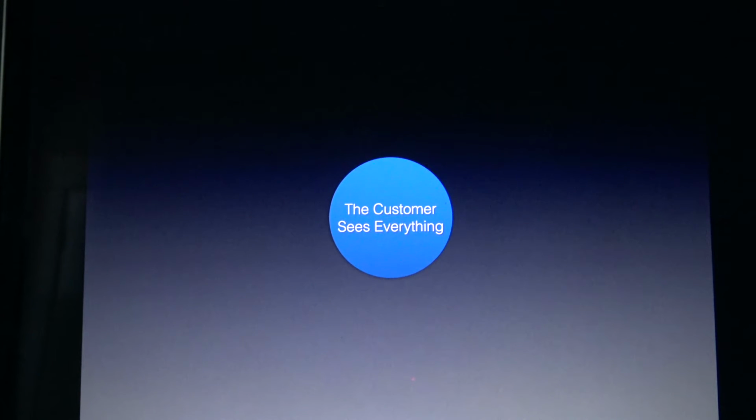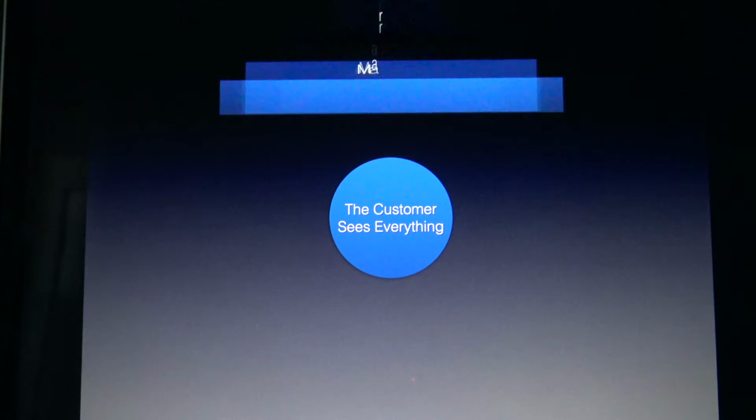As a business person, you need to remember that the customer sees everything. And your goal in this particular project is to do just that. Go see everything. Look at it with a critical eye as a business person to see how well this business is operating and understand what's going on. Now, obviously, this is different in a brick and mortar situation than in an online situation, but the facts still remain. It still needs to be easily usable and appealing to the customer in order to be successful.